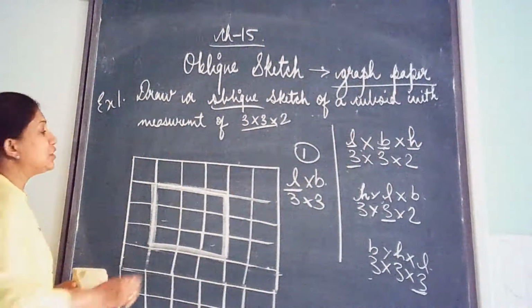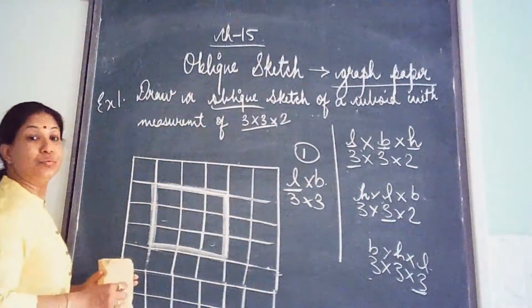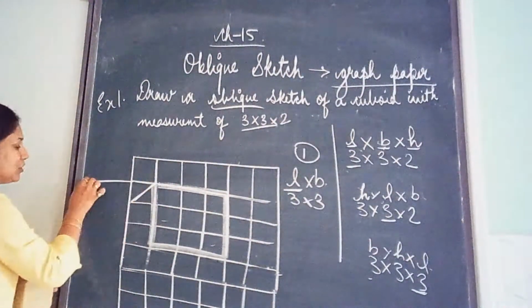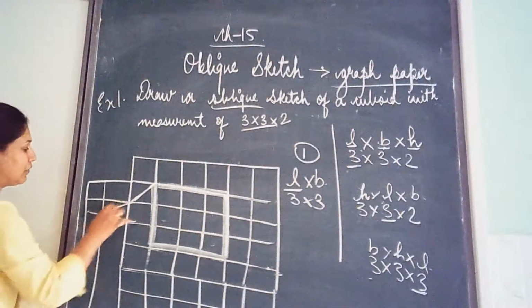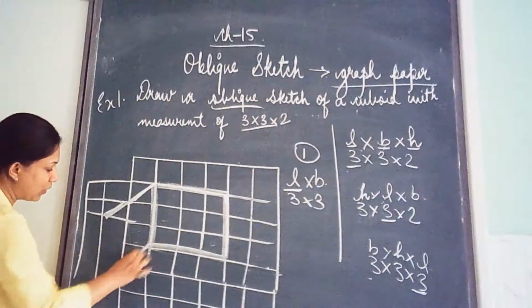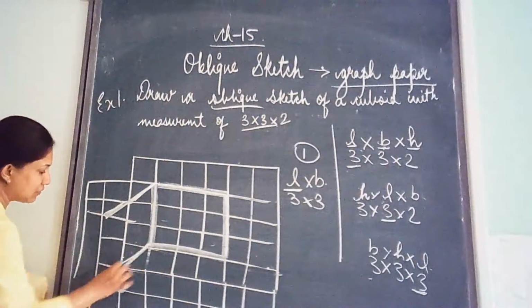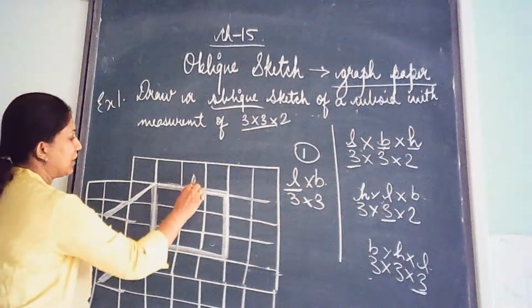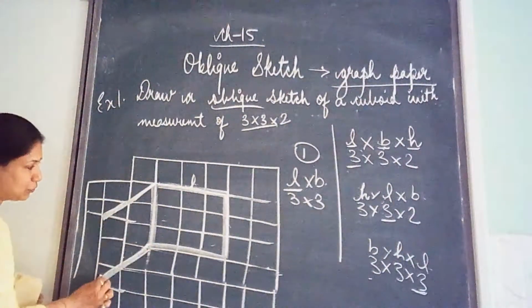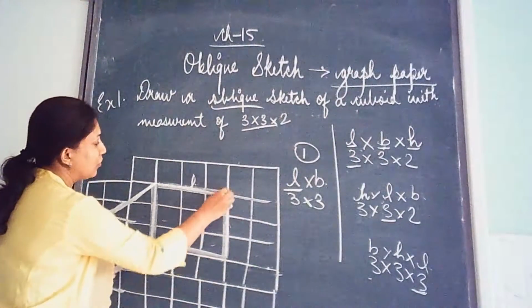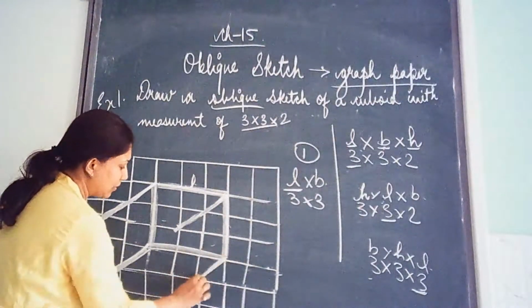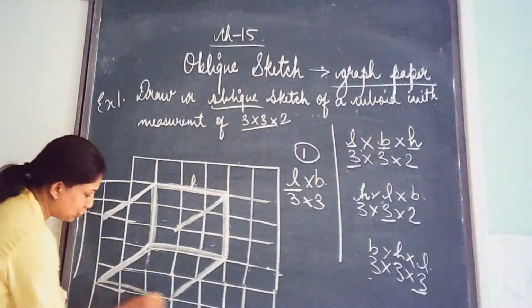Now check the height. What is the height? 2. So you take 2 diagonally. This is 1, and assume here I have one more box and I will draw 2. Have you understood? Diagonally like this. Same way for this, diagonally 1. I have boxes like this. This will be the second height. This is my length, this is 3, but diagonally you take the height 2 and 2. Same way here also, diagonally 1 and 2, and here also diagonally 1 and 2. Then you join the lines.